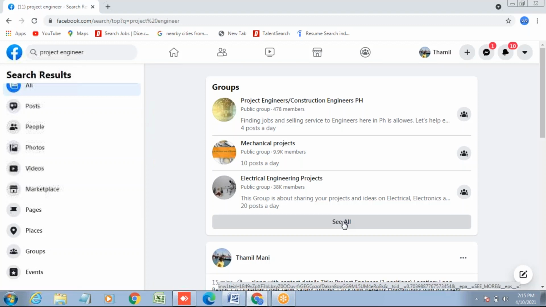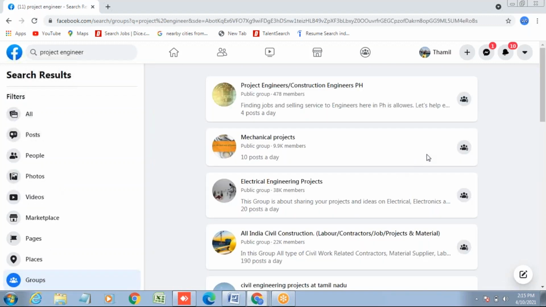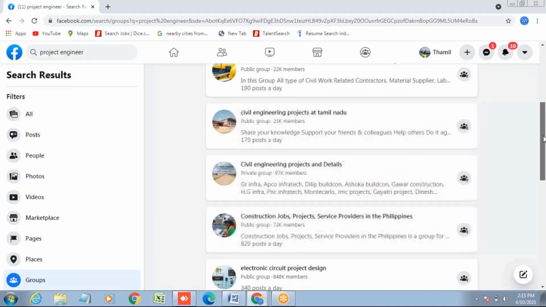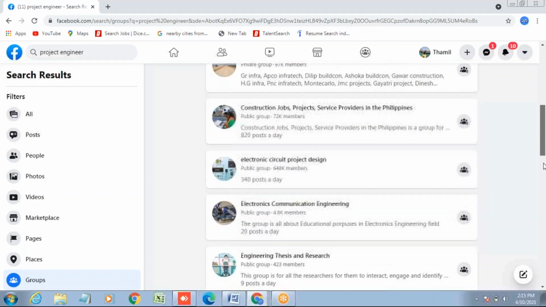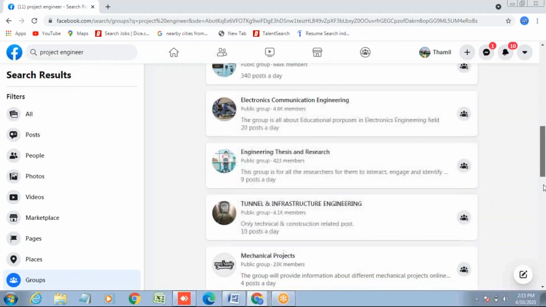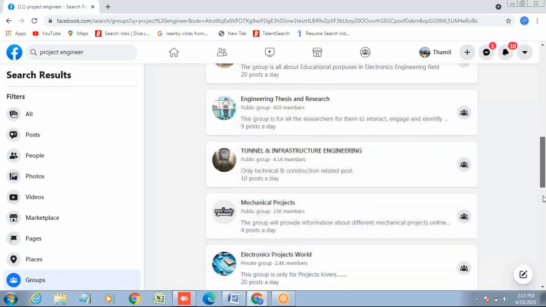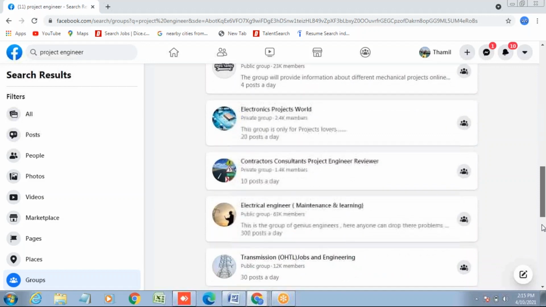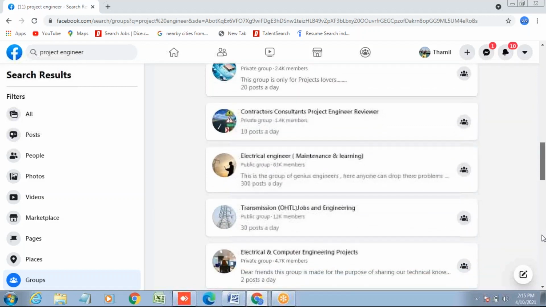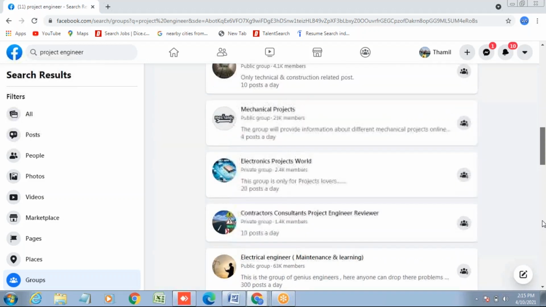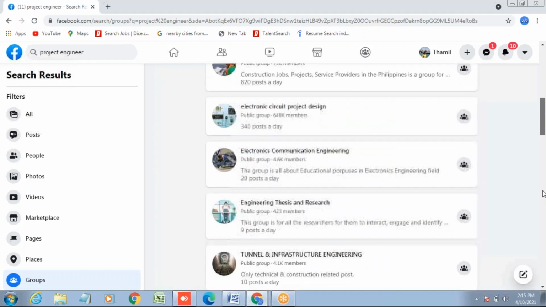Can I click the C also? Yeah, electrical engineering, all India civil construction, civil engineering projects. Try to find out whether any chemical thing is there. Control F chemical.